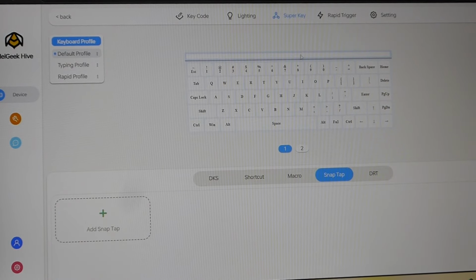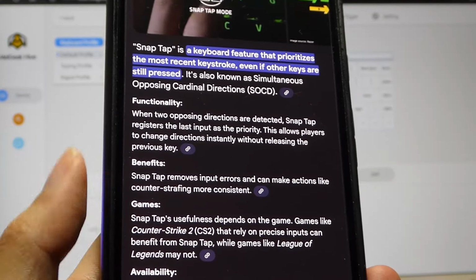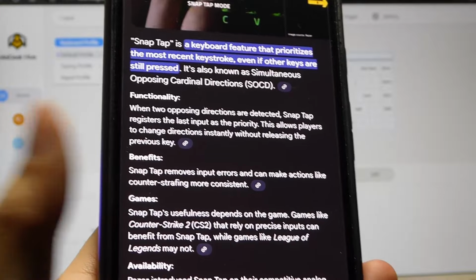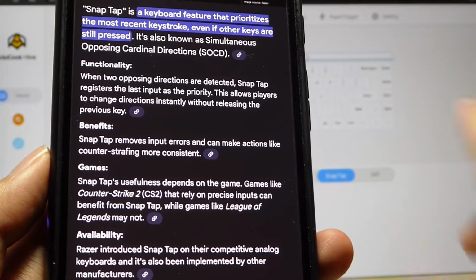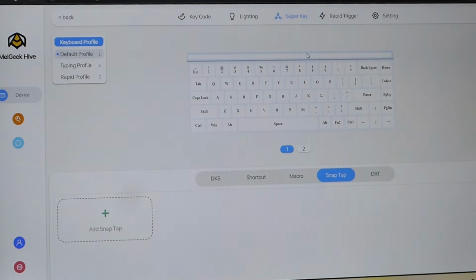This was a technology that was originally pioneered by Razer. So if you are pressing down different keys simultaneously while gaming, it will recognize the most current key that you want to click on without having to release the previous keys. For example, if you're trying to move around in a game and your figure is running, you don't have to completely lift off the other arrow keys for it to recognize that you want to change the direction that the